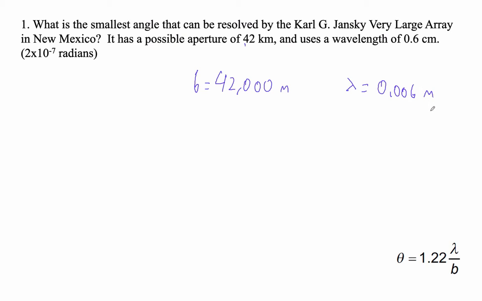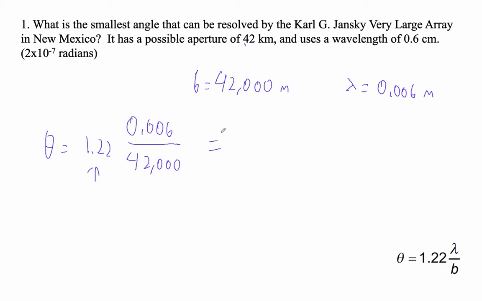Okay. What is the smallest angle that can be resolved? Okay, we can do this. All right. So when you do this, we're just going to plug into this formula. It's 1.22, and that's just an empirical factor that basically takes those diffraction patterns and overlaps them. So when you get to single slit diffraction, pay extra careful attention there. And then this is 0.006 divided by